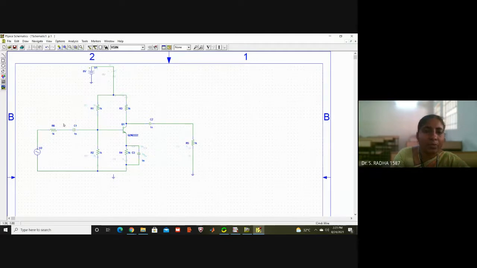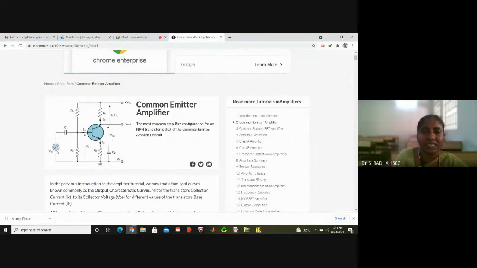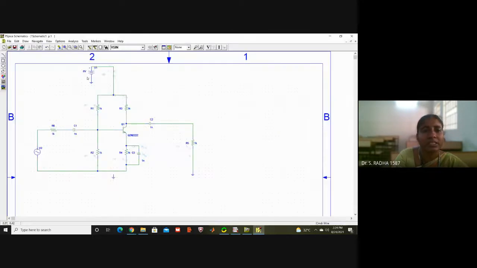I have taken one input side capacitor and, parallel to RE, one capacitor connected in parallel. And additionally, I have put this RS, the source resistance. I have also put this output capacitor and RL, the load resistor, additionally. This is the coupling capacitor. The name of this output capacitor is coupling capacitor, and this is the load resistance. And you see the input sinusoidal waveform is there. So I have taken V sine, and this is the VCC DC supply. This is the AC input, and this is the DC supply VCC. And if you see here, this is the VCC, and this is the AC. So slowly I will give the values.